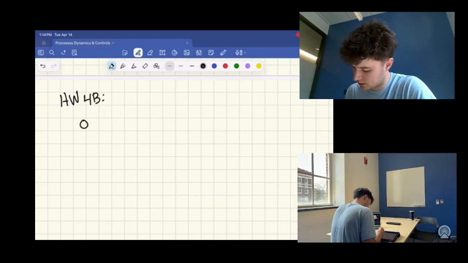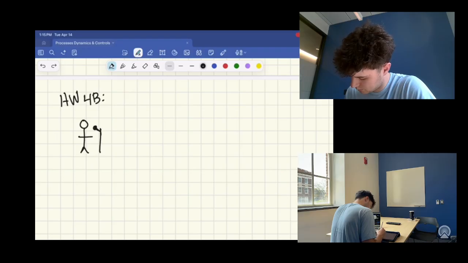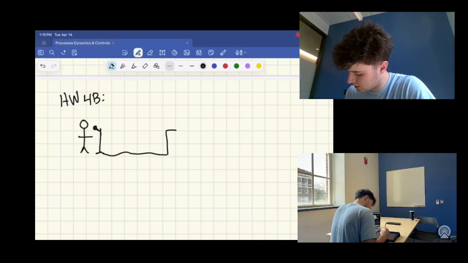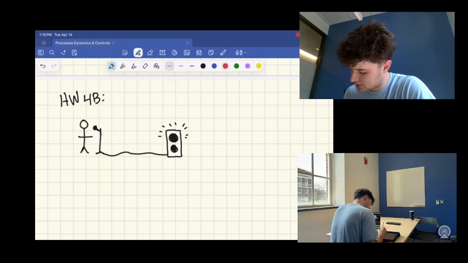We want to imagine that there is a person here singing into this little microphone. And there is a cord that goes to a big boombox stereo right over here. So obviously this is the input,